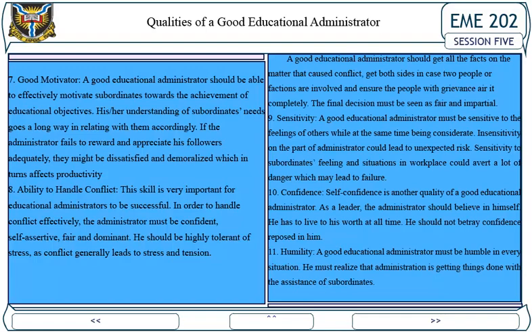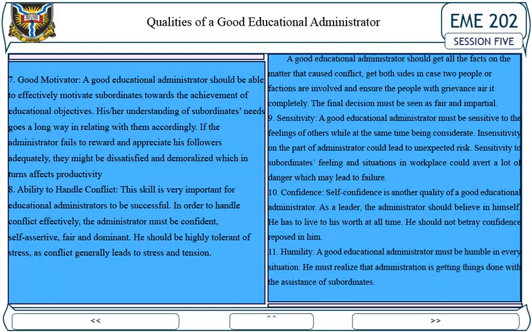6. Role model. The educational administrator is a leader. The simple description of a leader is he who knows the way, shows the way, and leads the way. This implies that subordinates look to educational administrators as leaders. They see them as models, thus the extent to which they could show the way as well as lead the way will determine the respect they are accorded.